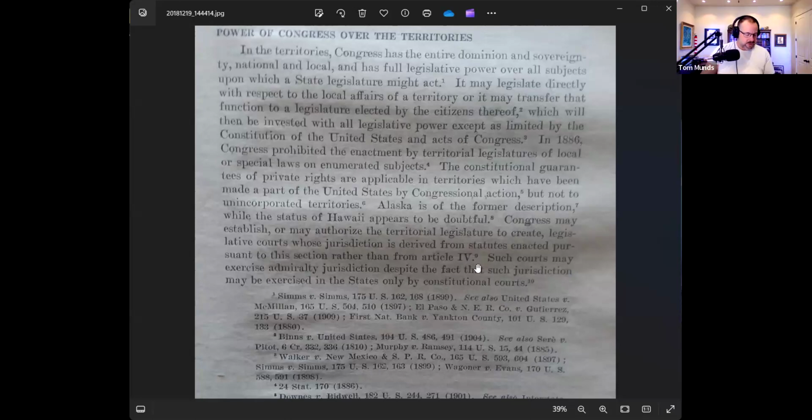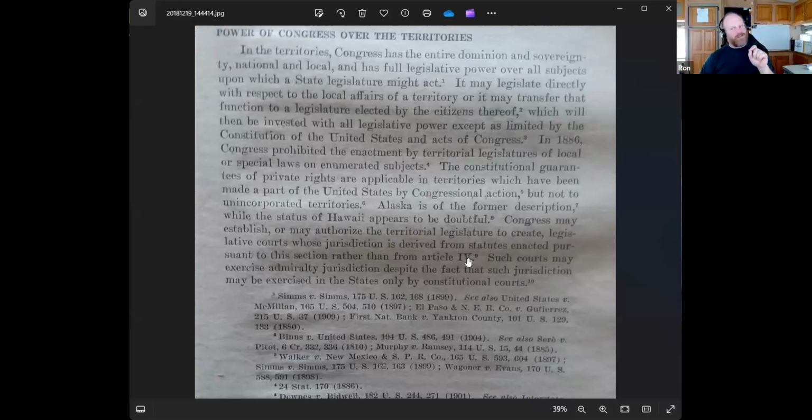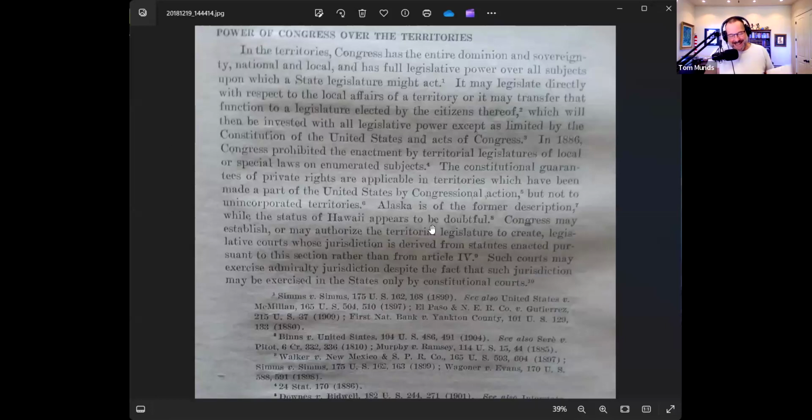Okay. So if Congress enacts legislation, it could potentially move provisions of the United States Constitution into that legislation and therefore into the territory. Yeah, so it's their Article 4, state and territorial relations. Boy, I'm going to have to read that again. I'm seeing it in a whole new way.